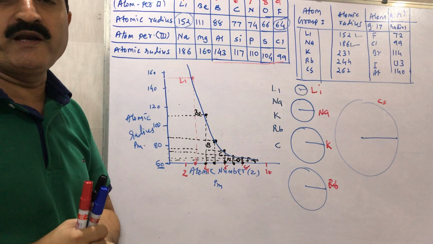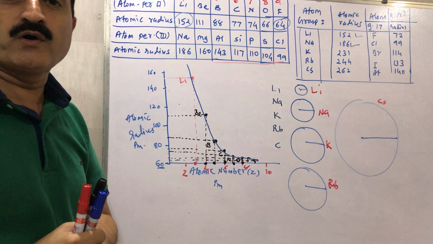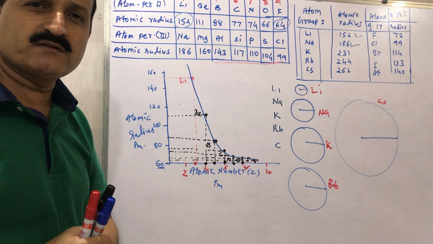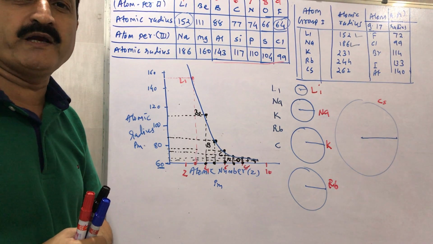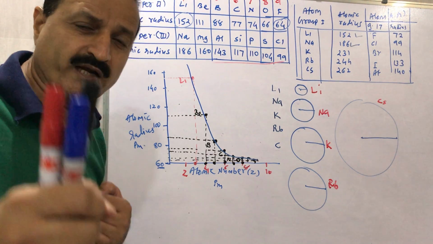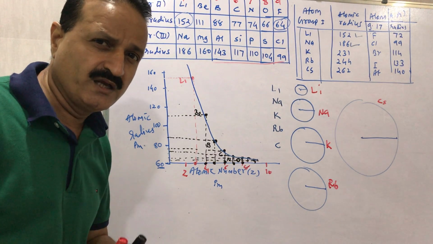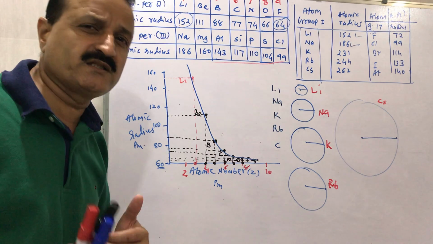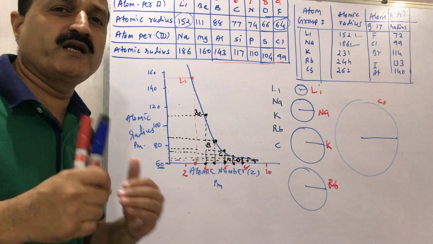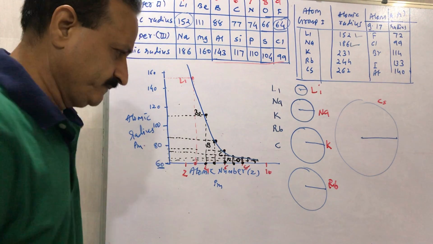The opposite explanation applies for the radius in a group, where it is increased. It means the distance between effective nuclear charge and electron will increase. So attraction force decreases, and when attraction force decreases, the size will increase, and when size increases, the radius will increase. Let's see.